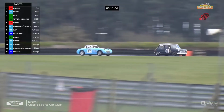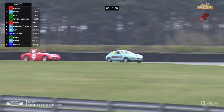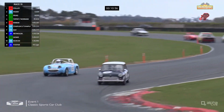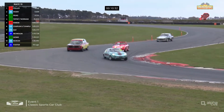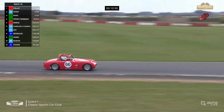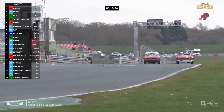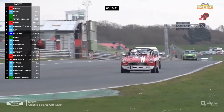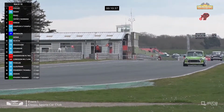David Cornwallis's 1600 Ti is going to be the next of those that they will want to pick off. The Radio Caroline backed car running as car number 648, which is the frequency that Radio Caroline even to this day still broadcasts on. So past that car they will go. Just over 10 minutes remaining, but the work doesn't stop there for the race leaders because there's more cars up the road to deal with,